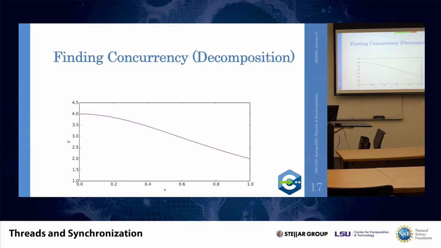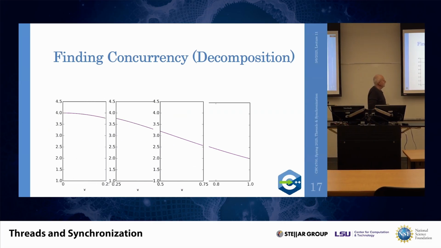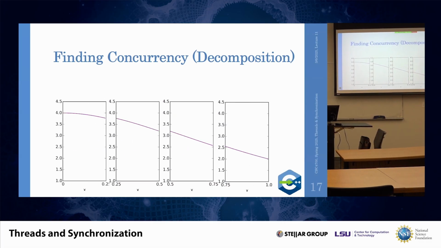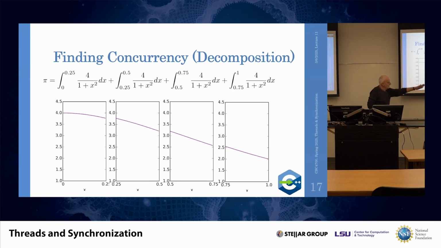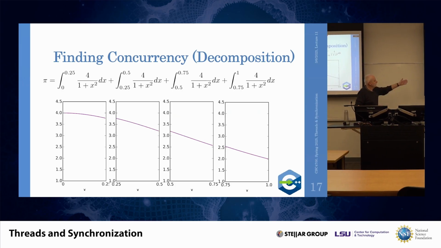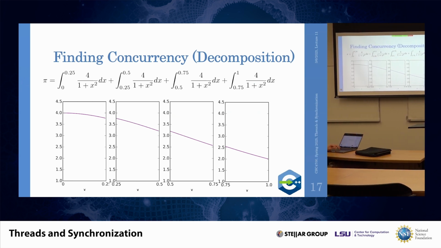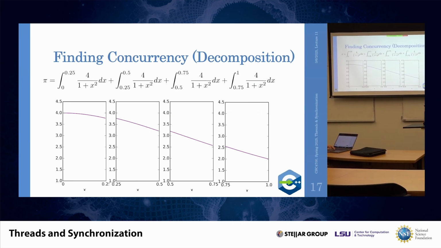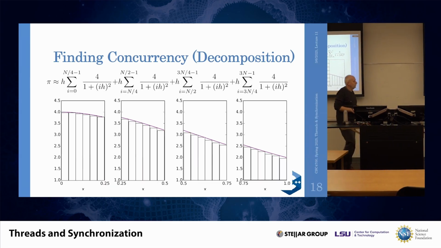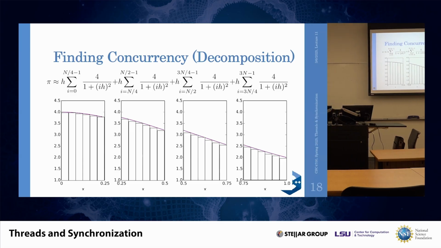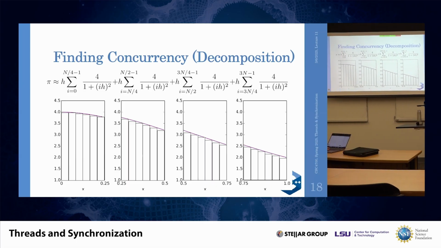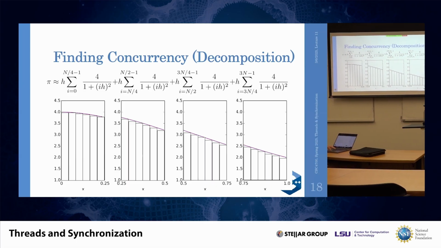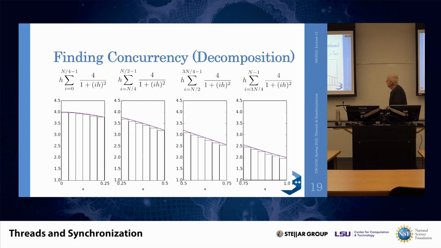Okay, so what have we done? We have taken that function, we have split it into pieces, something like this, and instead of computing one integral, we are computing 4 integrals, where the first integral goes from 0 to 0.125, 0.5, and so on and so on. In other words, if we summarize, we have 4 independent tasks, 4 independent sums, where each of the sums goes over the rectangles for each of those subsections we defined before. Okay,